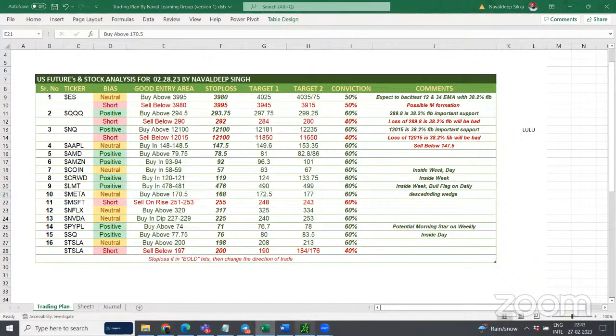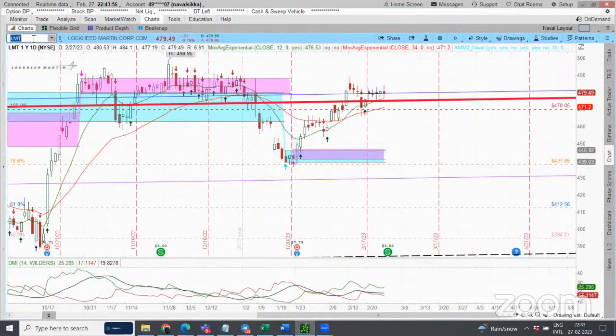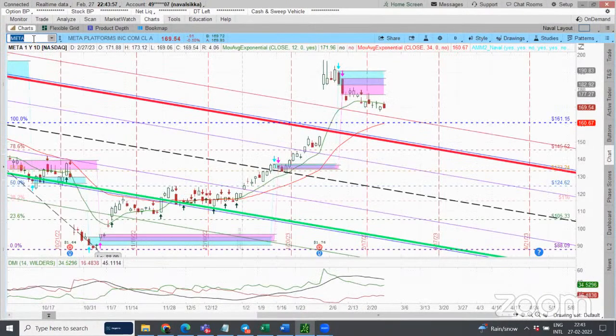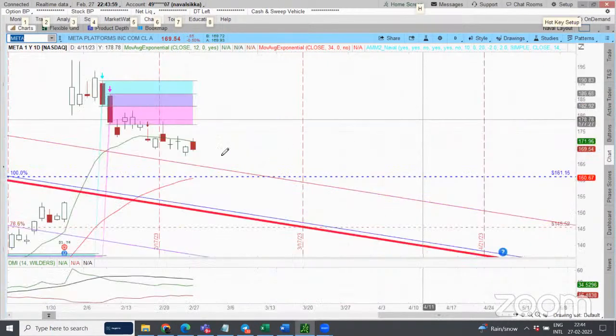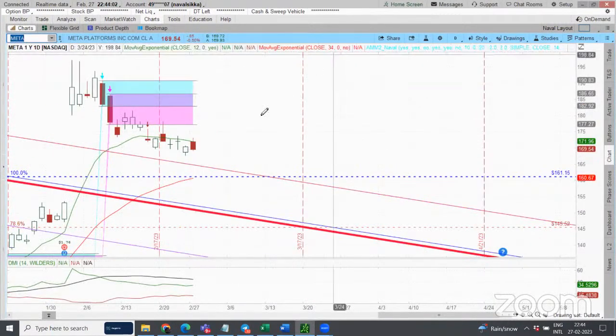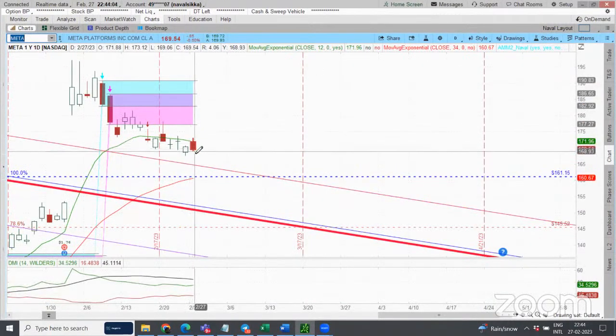Meta. So Meta did something really good today, but it was not able to break above that 12 EMA. It's holding this area. Now it's showing that it is not able to break. See, for how many days? First, second, third, fourth, fifth, sixth, seventh. 7 days,